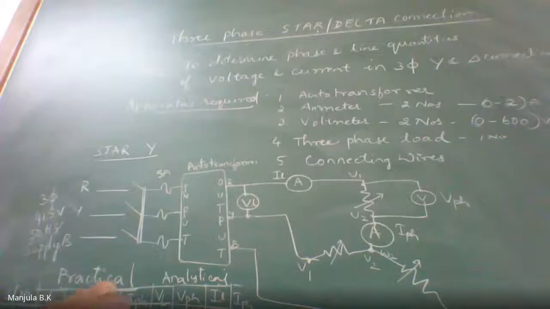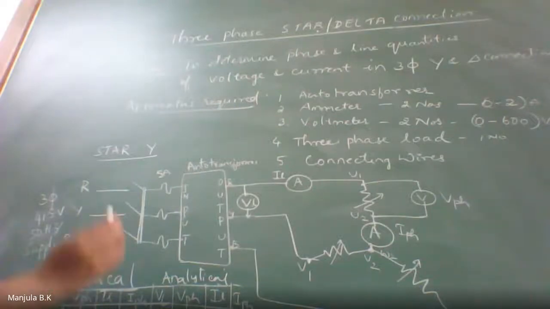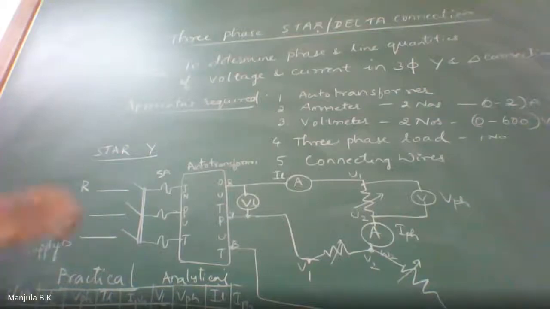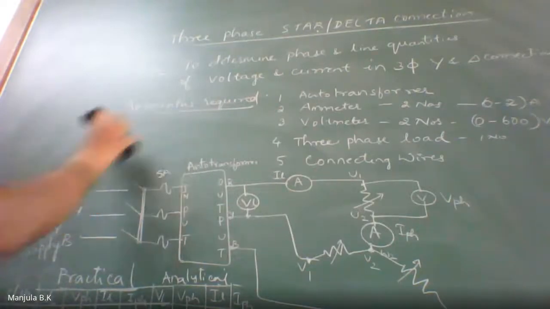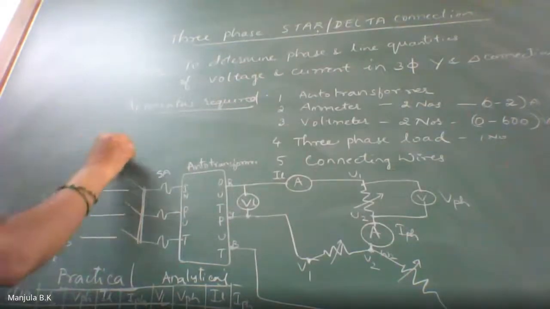I will get IL and IPH different. IPH is different for different loads. And even VPH across the phase will be different if I vary the load. So those are the two ways I can conduct, but we will first conduct with the variable input supply. So same thing we will continue with the delta connection. The main difference in the delta connection is the next part of the connection.